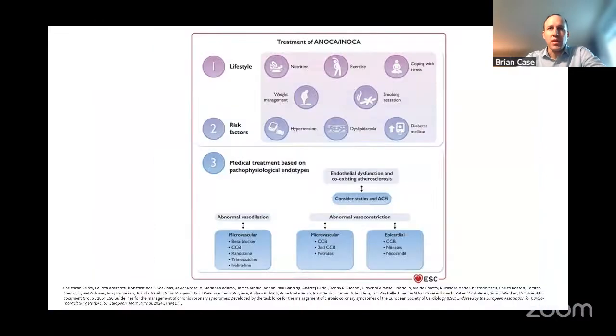patients. And then ESC also has some guidelines that are very similar to that review. One other thing to note for all your ANOCA patients with coronary microvascular dysfunction, you're always going to recommend the same things, which are proper diet and exercise, weight loss, smoking cessation, and then controlling other modifiable risk factors such as hypertension, hyperlipidemia, and diabetes. And then even sometimes I try to get patients into cardiac rehab. Sometimes there's issues with insurance, but if you can get patients into cardiac rehab, they do well with their symptoms